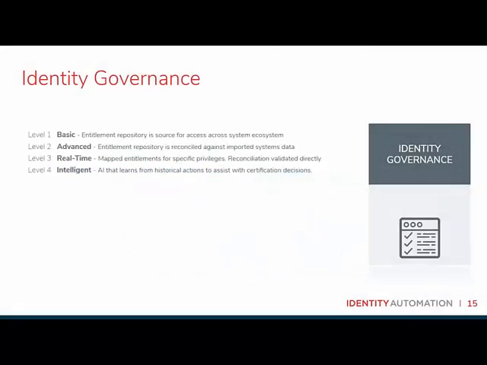Governance really improves transparency and, of course, manageability through greater visibility and control over all of the identities and their accesses. You talked about entitlements a little bit before. At level 0, which is not on the slide, there's no entitlement repository, no central certification, and business owners are probably completely out of the loop. They don't have any visibility into or control over who has access to their business applications. If your organization's at level 0, things are happening through phone calls, emails, at best through help desk tickets, but your business owners probably don't have a clue.